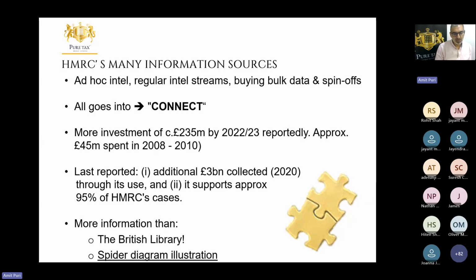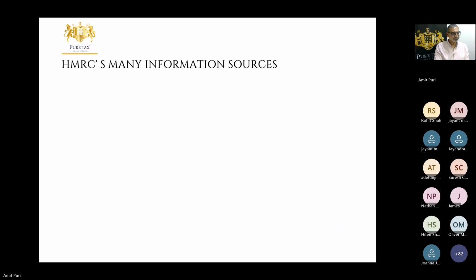Famously heralded as being bigger than the British Library, so more information here than the British Library itself, which I can believe. My figures here show, the last time I checked it, there's over 55 billion lines of data here. So it's an enormous amount, and I suspect it's growing all the time, especially when social media and other online sources have been profiled and added all the time. But in terms of fixed databases, that's been over 30 databases going into this annually for a number of years. I'll give you some examples next.